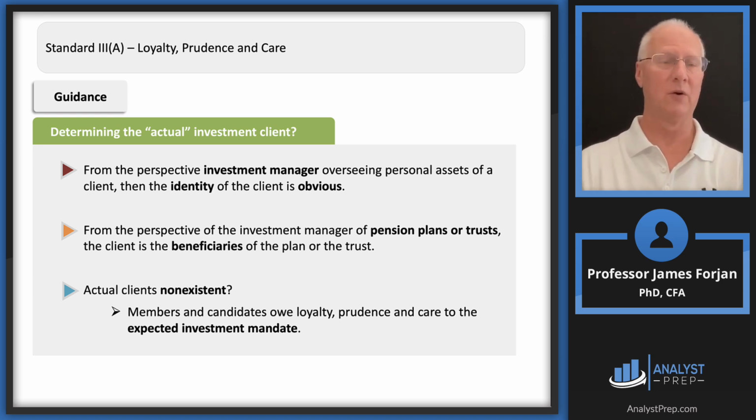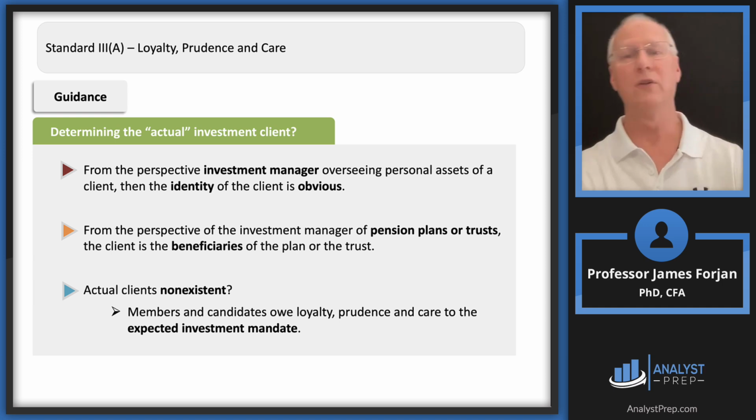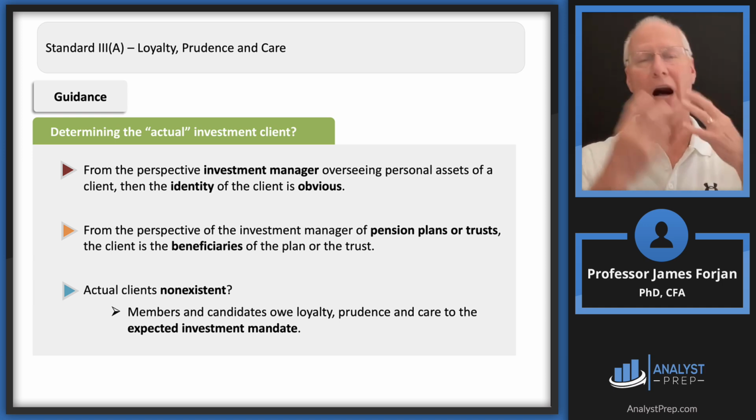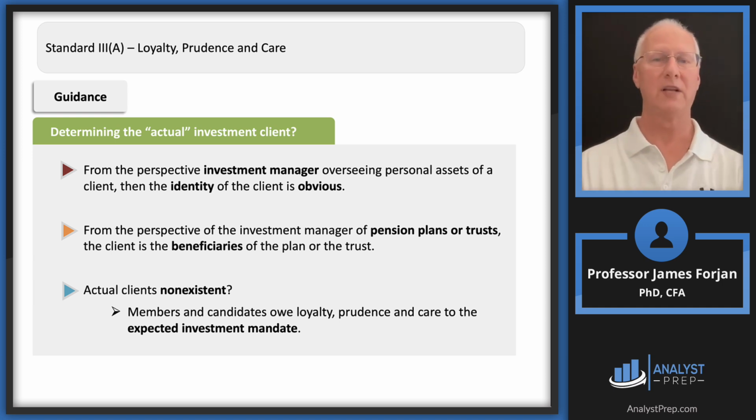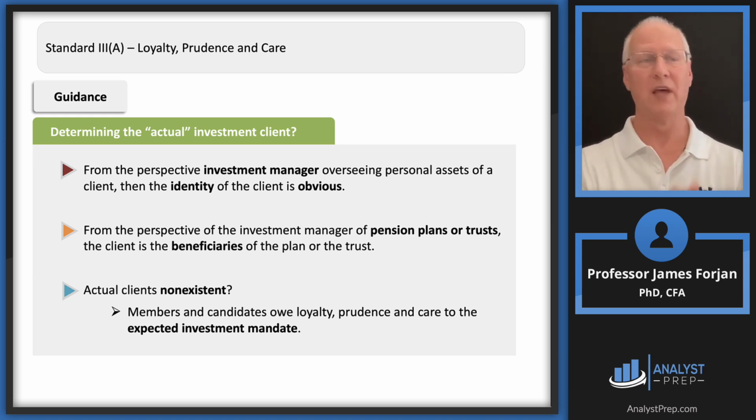Here's the example question that I gave my students last semester on an exam. I said something like, suppose that you have a client who is 100 years old, and he or she is wheeled into your office on a gurney with oxygen masks and all sorts of stuff attached to the client, and there's a representative there, and they say, here's John. He has 20 minutes to live, and he wants you to manage his money. And so the question is, what's the time horizon for this particular client? But then, as it relates to this particular standard, who is the actual client?